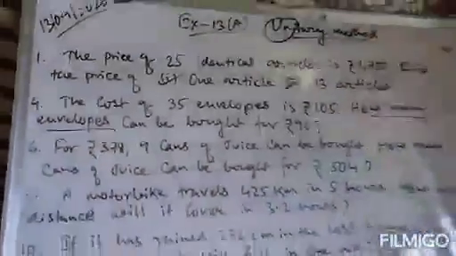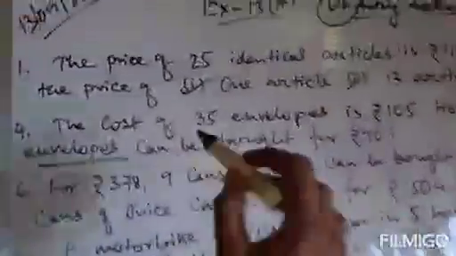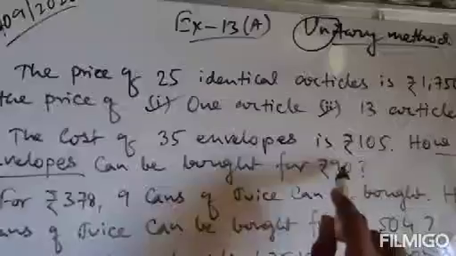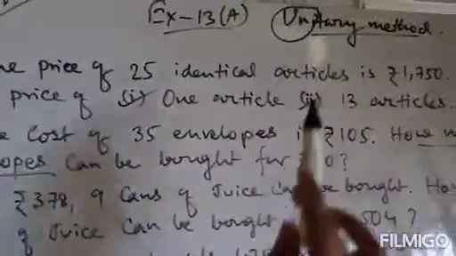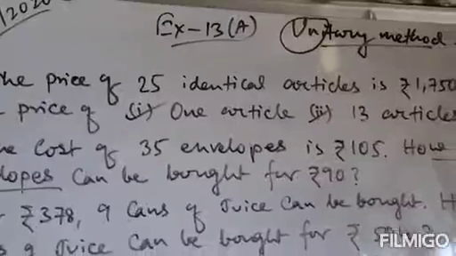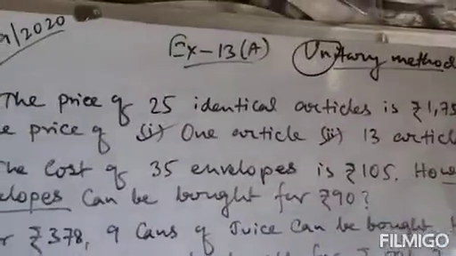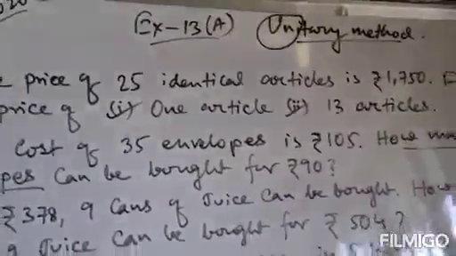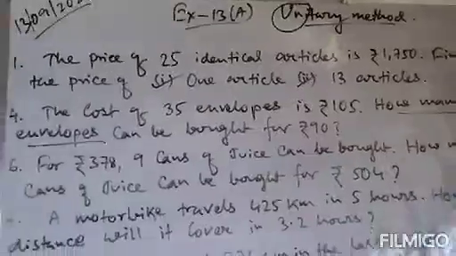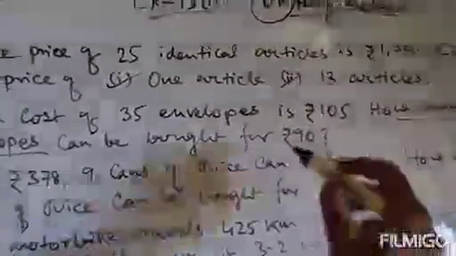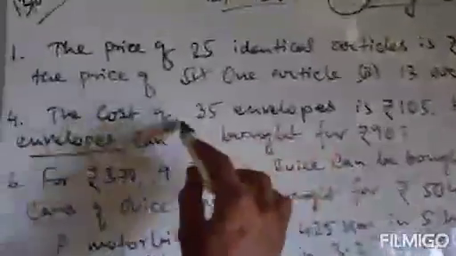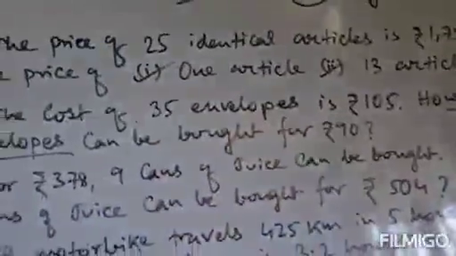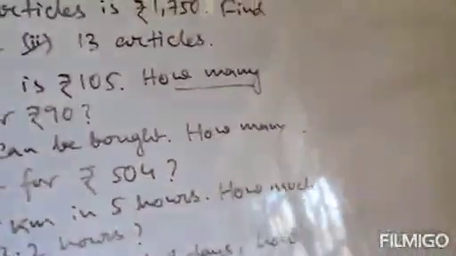So you have to calculate the number of envelopes with rupees 90. First you will calculate the cost of one envelope. That means one envelope will cost you how much. Then you will calculate, if you have rupees 90, how many envelopes you can buy. So cost of 35 envelopes is rupees 105. So you will write the statement like this: